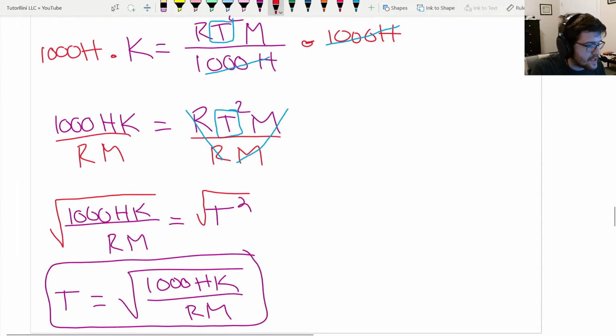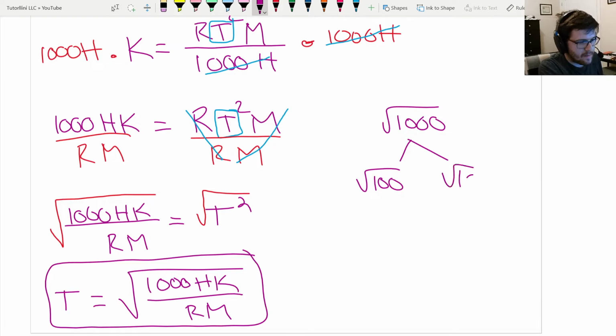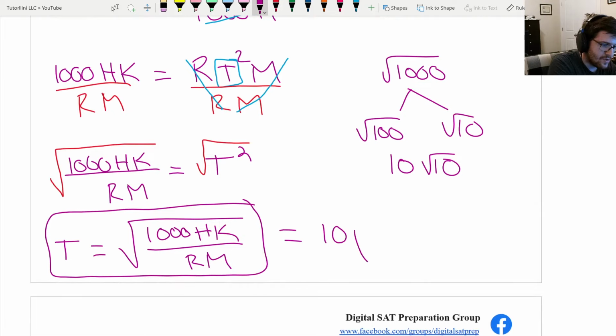What I'm going to do is simplify the radical. You could do this on a scientific calculator, but I'll just do it by hand here. I think the biggest perfect square that goes into 1000 is 100. So I'm going to pull it out on the left side, and it would be 100 times 10. The square root of 100 is indeed 10, so this would be 10 root 10. So I'm going to rewrite this as 10 square root 10 HK